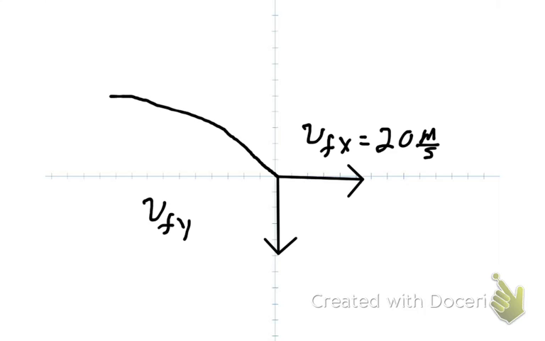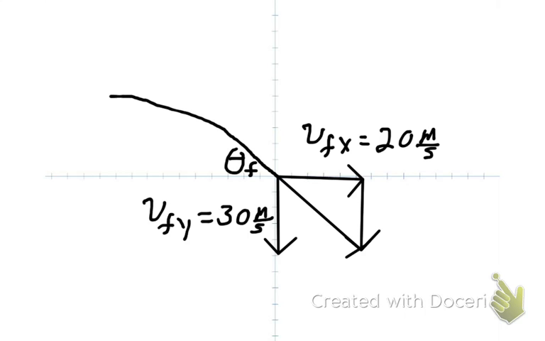And velocity final in the y, we are going to make 30 meters per second, which you also would have already calculated. This is our final angle here. Now, when you add vectors, you add them head to tail, and I want you to always take the one that's on the y-axis, slide it over, so its tail is on the head of the vector for the x-axis, or velocity in the x. So I take the y one, I slide it over, and my answer is from the tail of the one to the head of the other. So here is my angle,